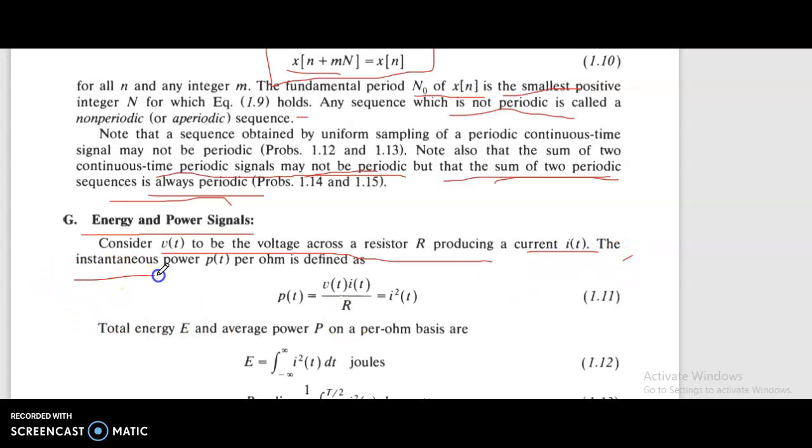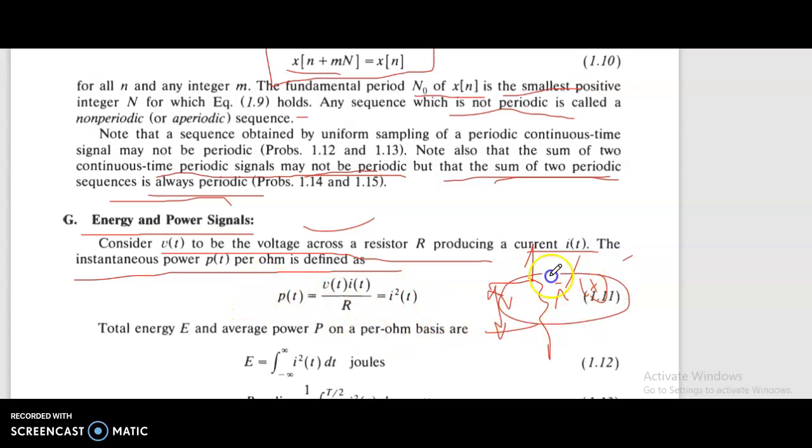The instantaneous power p of t per ohm is defined as power at time t equal to v of t i of